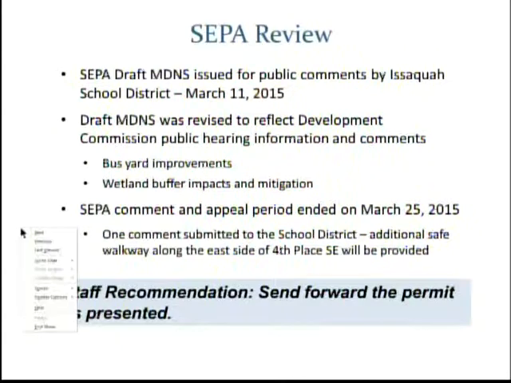Just very quickly, the comment basically focused on the need for additional safe pedestrian access or connections for the school from 4th Place Southeast. This is one of the residential streets just north of Southeast Evans. So the school district responded to that, and after working with city staff, we have arrived at a reasonable solution